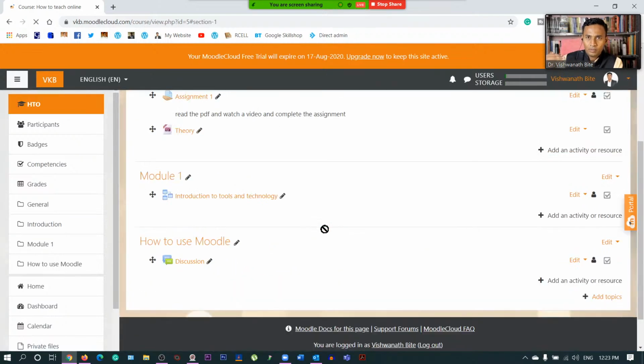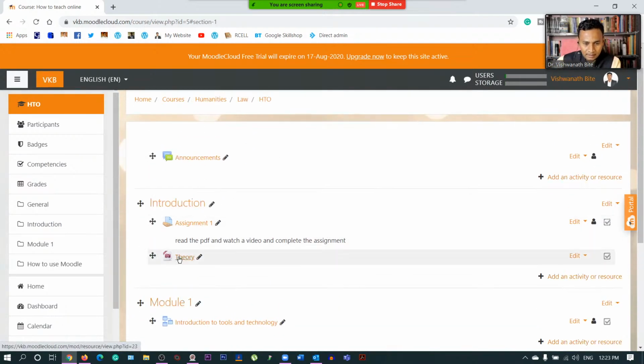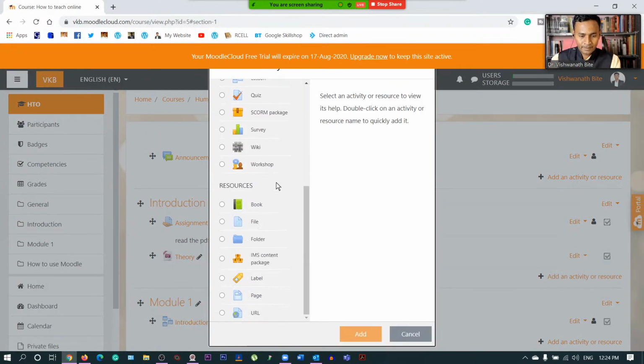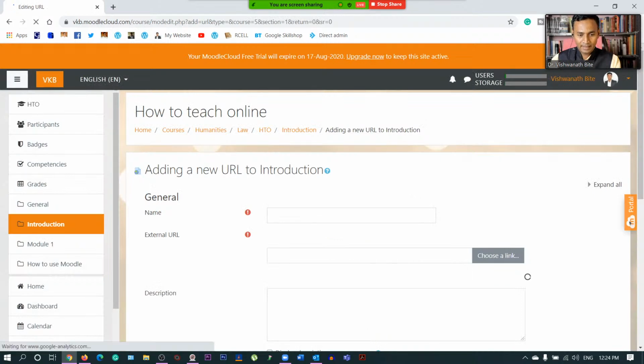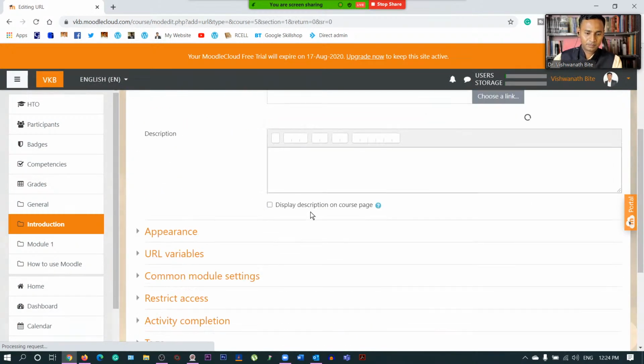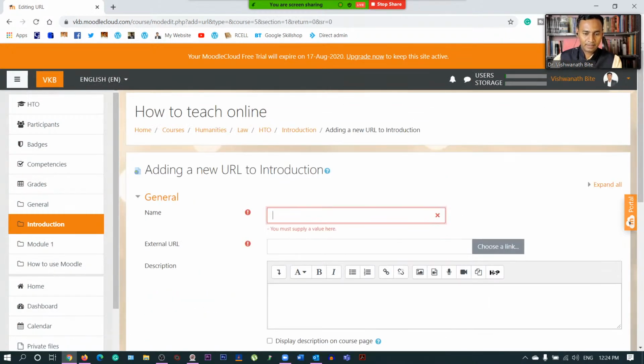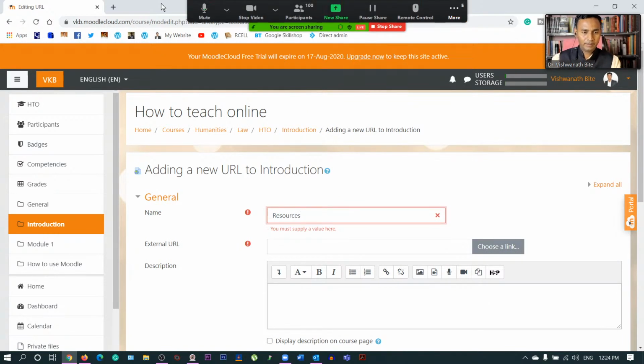Now you can see that there is this file theory which we added. So if you want to add some video, you can do that. I'll quickly show you one more thing, if you want to add a URL. So I click on URL and click on add, and I'll say resources, and maybe